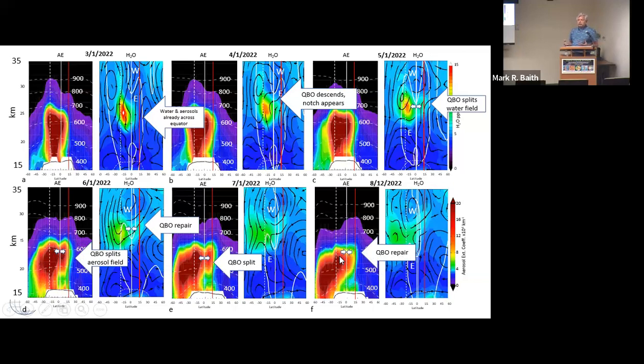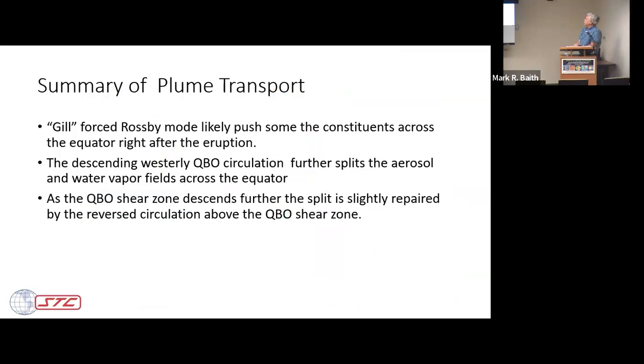So this is really interesting because the QBO is really a barrier to cross equatorial transport at these altitudes. Higher up, you get stuff going back and forth all the time. But at these altitudes, it's really preventing stuff from moving back and forth. But this is really kind of cool. Shows what kind of nerd I am. I think that's cool.